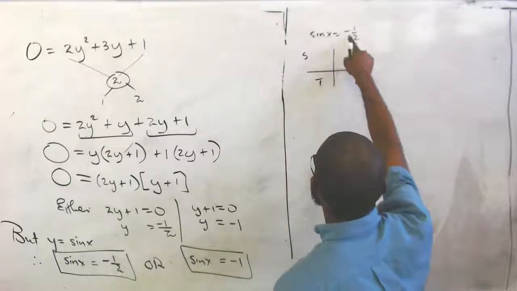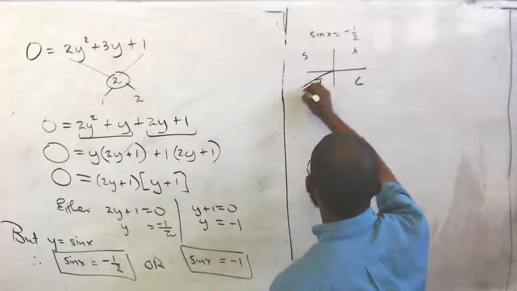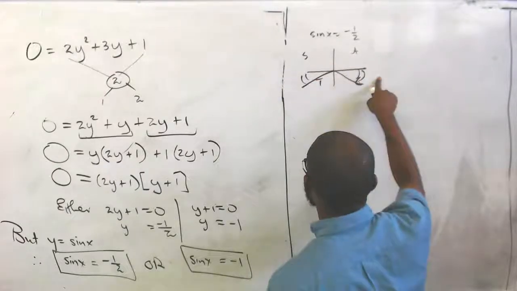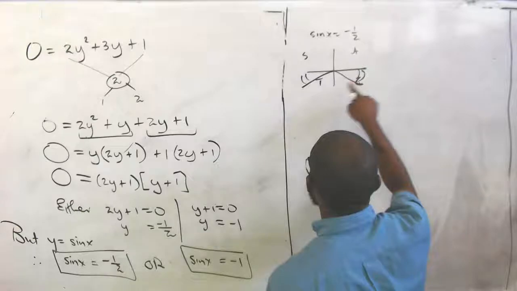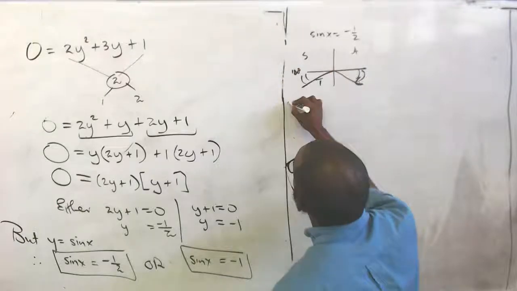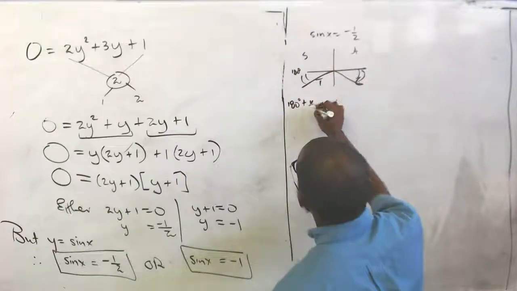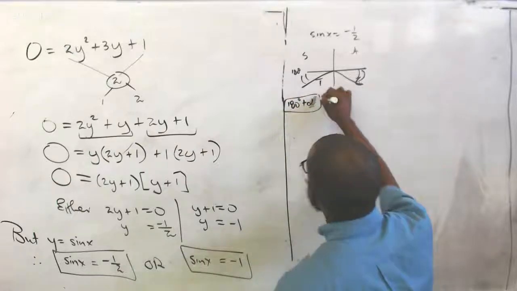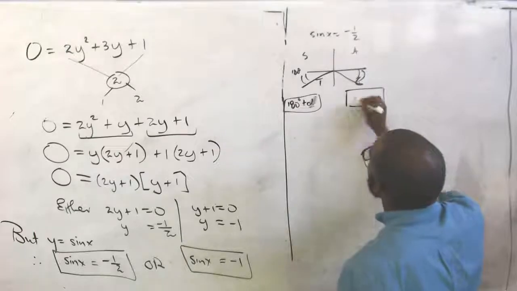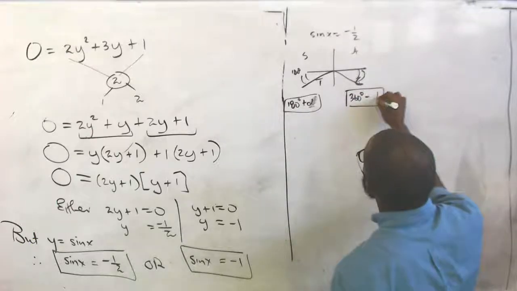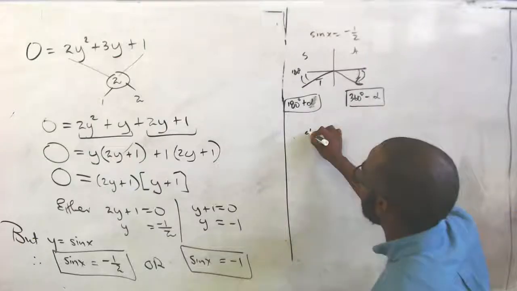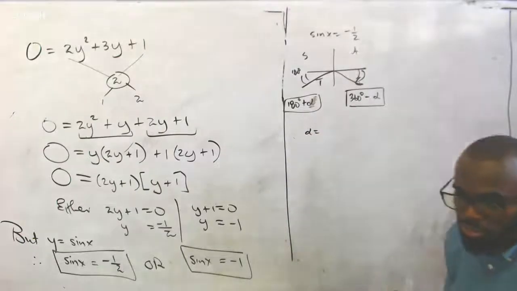Where is sine negative? It's negative here and here, no? Which is the 3rd and 4th quadrant. What's so special about the 3rd and 4th quadrant? Well, the answer here is 180 plus alpha. And in the 4th quadrant, it's 360 degrees minus alpha. That means the only thing we need to find is the alpha, and I would have found my answers.